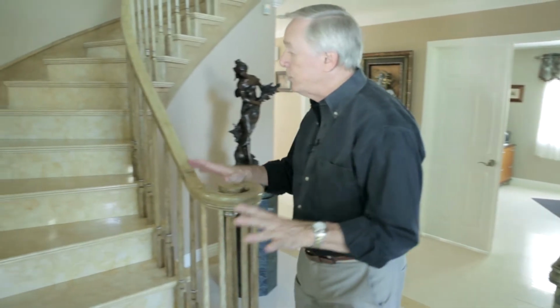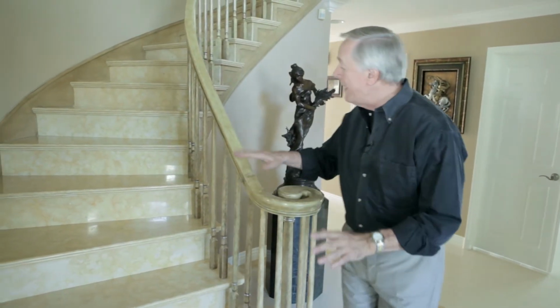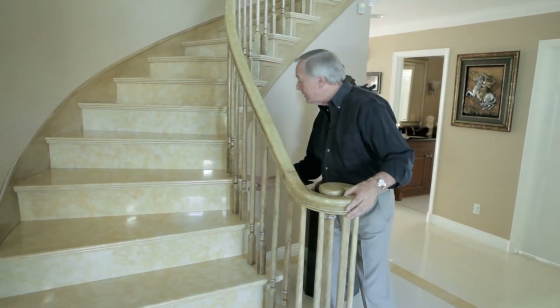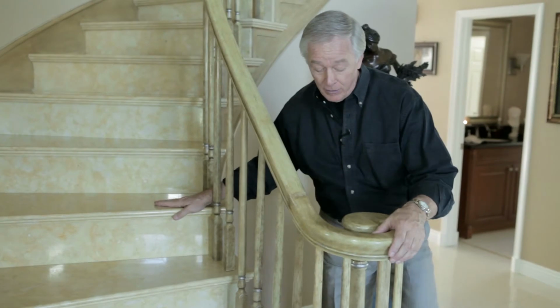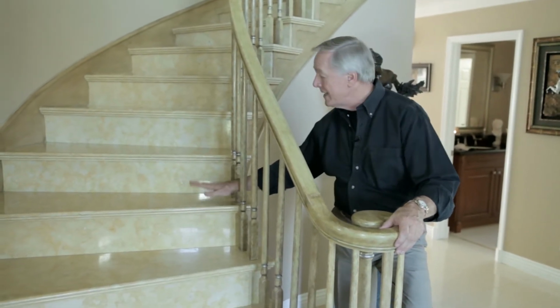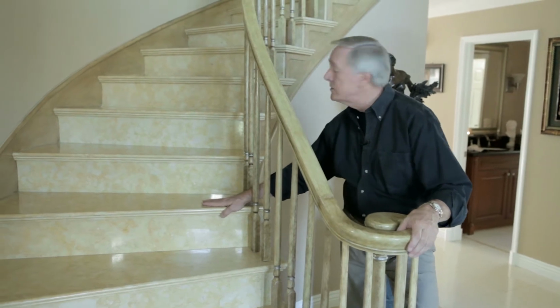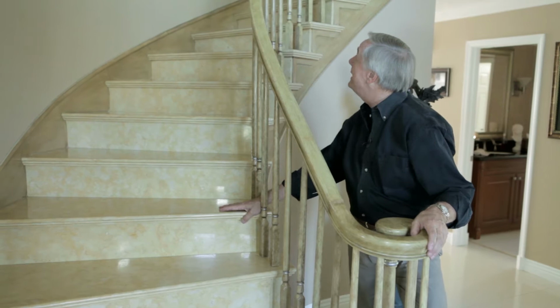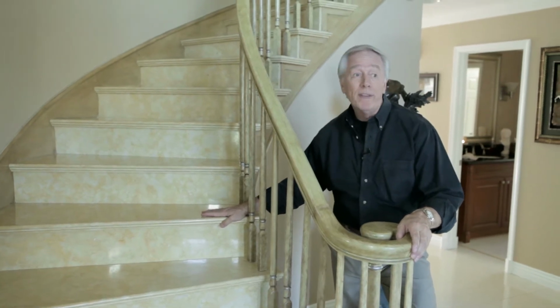This is a good example of the kind of work that was done inside this house. We already told you about this front door. Everything inside was replaced from the way the house had been constructed originally. That means railings are all of the finest wood. These stairs were at one time the original carpeted type stair that you would have in these homes. Now you have limestone and marble to the max in rebuilding each and every square inch of what this entryway